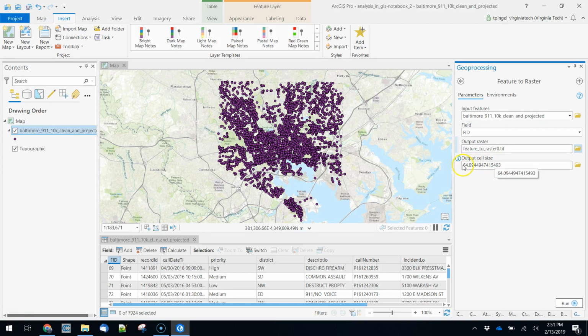Now the output cell size will be automatically calculated for you. My advice is to give this some thought. So you can see that this is 64.09. That is pretty close to 50, which given our coordinate system would be a 50-meter grid. If we run this,